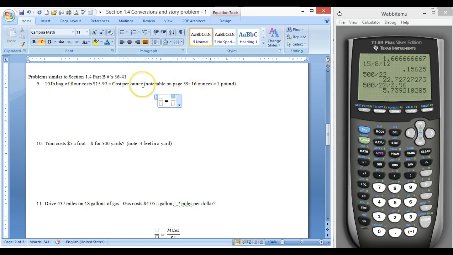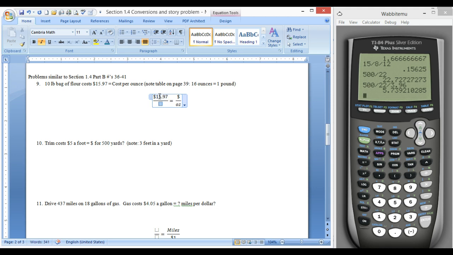Cost per ounce. Cost is going to be dollars, per is divide, so I have a division sign for my fraction, and I need ounces. The abbreviation for ounces is OZ, so I'm just going to put that down there. Now if I want to end with cost on the top, I need to start with cost on the top. So I'm going to start out with